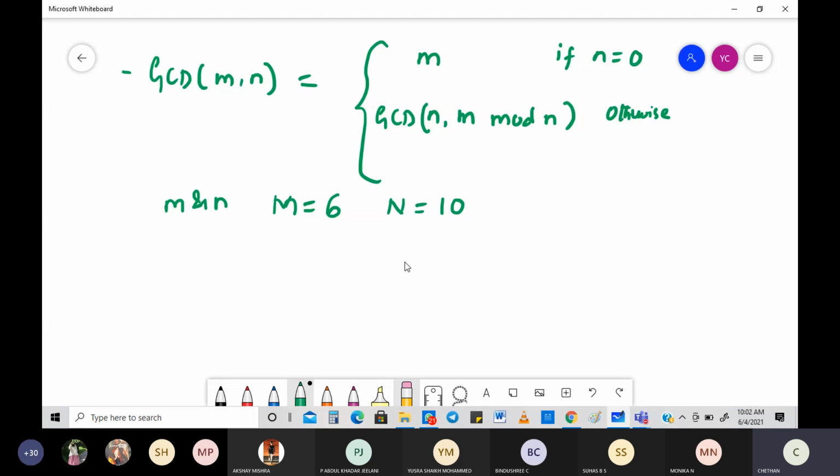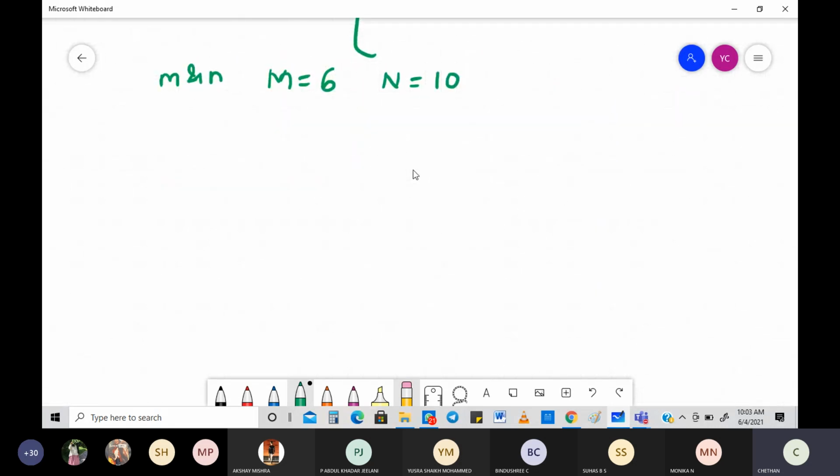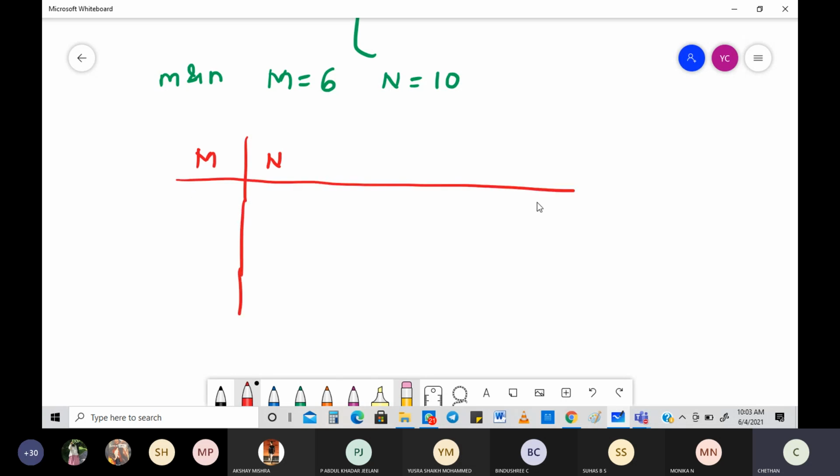That's very important, so you need to understand it here. Both the equations are written, and in the tracing part you will see that it is varying every time, decreasing not by a constant factor but varying in whatever way it wants. So shall I do the tracing part here? This table is very important if you want to show how the tracing works. You can take small m, small n also, but because it's a tracing exercise, I'm going to take the bigger ones. This is a very simple way of understanding things.